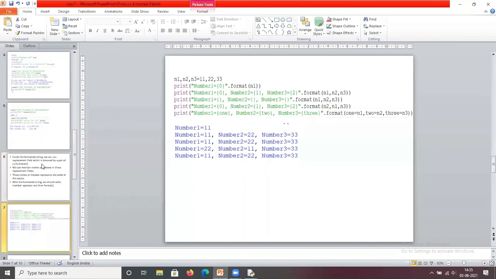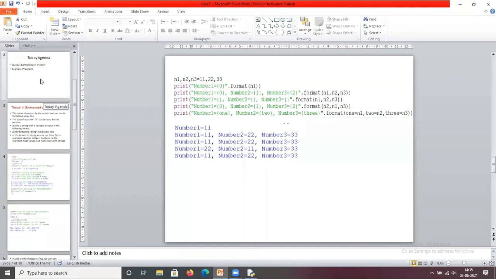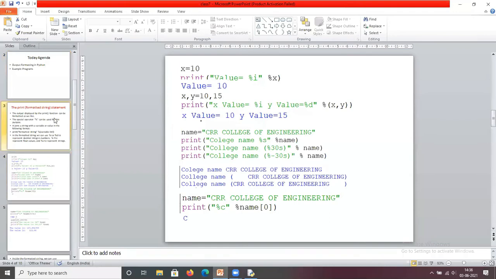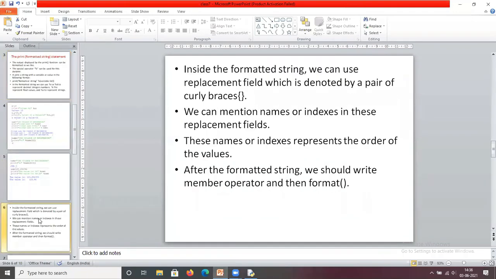So this is about output formatting in Python. Which statement are we going to use for output formatting? By using the print statement, you print the output. By using the formatting string percentage and by using the format function, you format the output of the data.